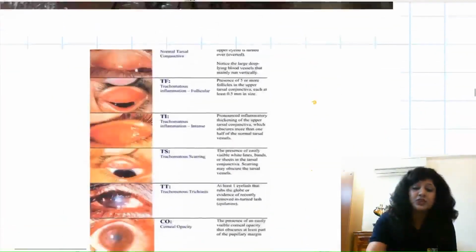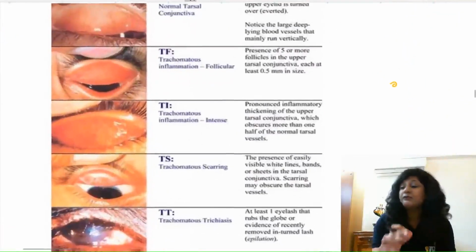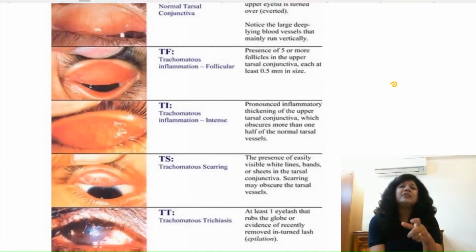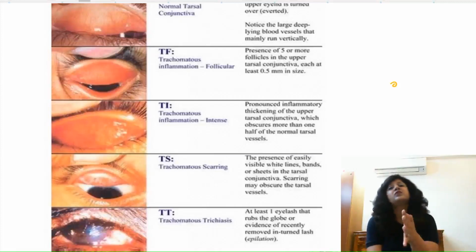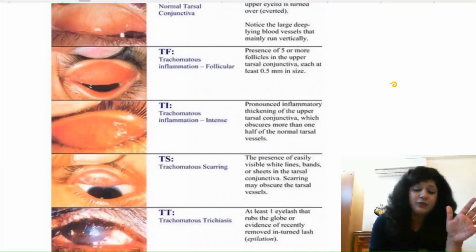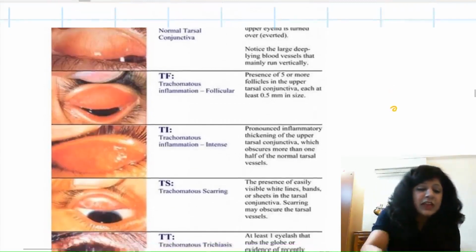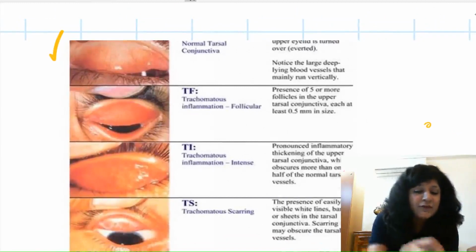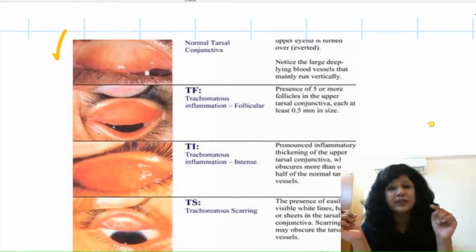Then coming to the WHO classification of trachoma, the FISTO classification. Earlier there were so many classifications of trachoma, and that is why if you go through the very old MCQs, you will even get questions asked on the other stagings of trachoma. But don't follow that, because now we are following just the FISTO classification. So we have to see that. See, this is the appearance of a normal tarsal conjunctiva. Can you see very fine papillae are also present there?